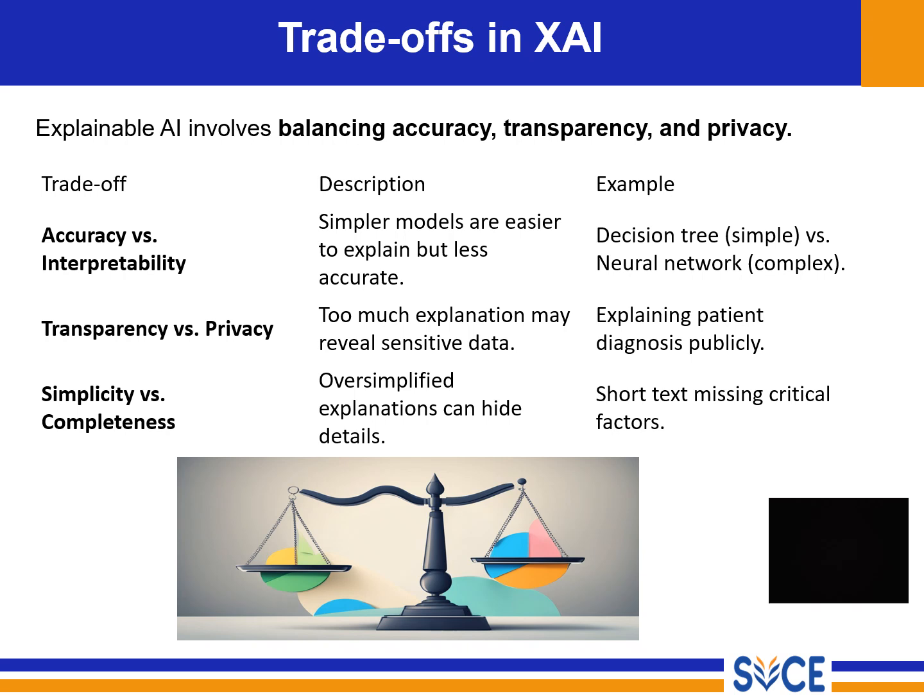So overall, the summary of the table is that explainable AI is not about choosing one perfect model. It's about finding the right balance based on the application. In healthcare, privacy may be more important. In finance, fairness and transparency may be critical. So, as future AI professionals, understanding these trade-offs will help you design responsible and trustworthy AI systems.